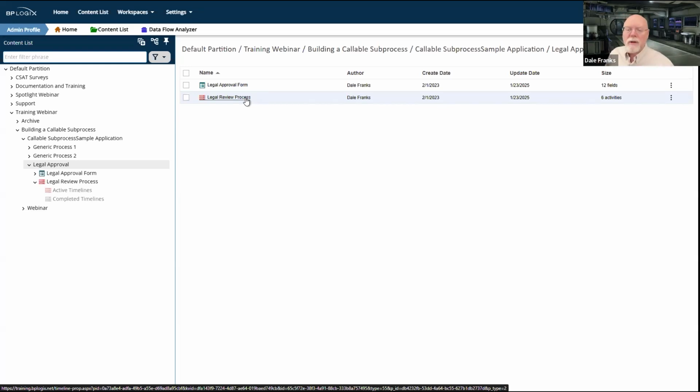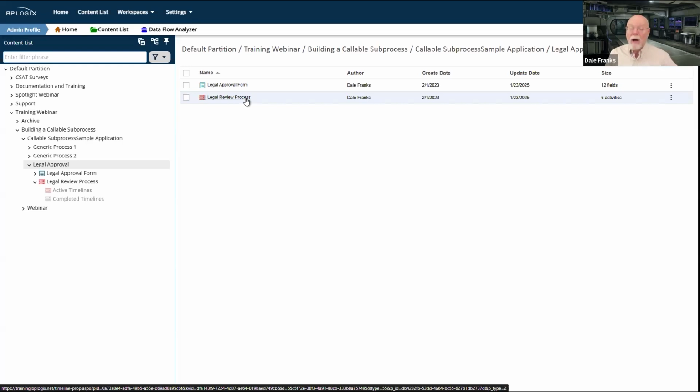There's a whole bunch of different processes that you might go through to approve any of these things, all of which are going to require some sort of legal approval. Now, how am I going to implement that legal approval? We'll call this legal approval, and other approvals of this type, standard approvals, because the approval process is largely going to be the same. It's going to need the same reviewers, and you're going to be calling it over and over from a whole bunch of different places.